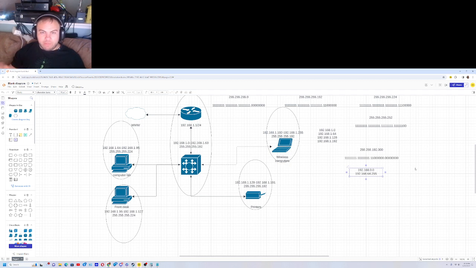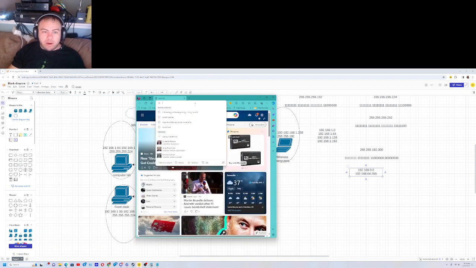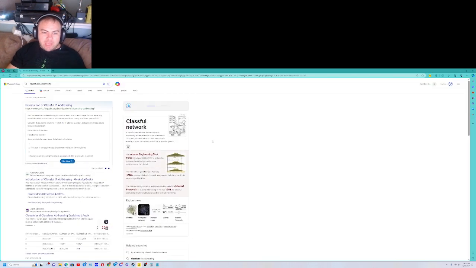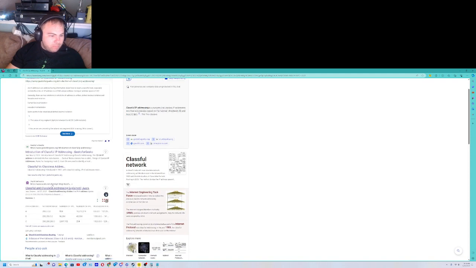Dot. Now we have to go to the highest possible number in our last range, which is the 255 value. So that's kind of how you can go beyond the limit of your subnet mask. And this is kind of also where classless IP addresses came into play, or where class-full IP addresses came into play. So if I bring this browser over here and say class-full IP addressing,